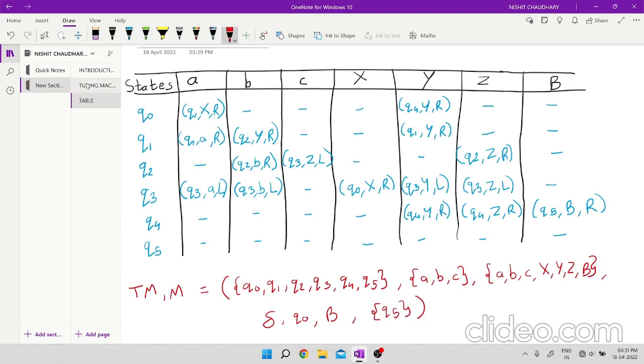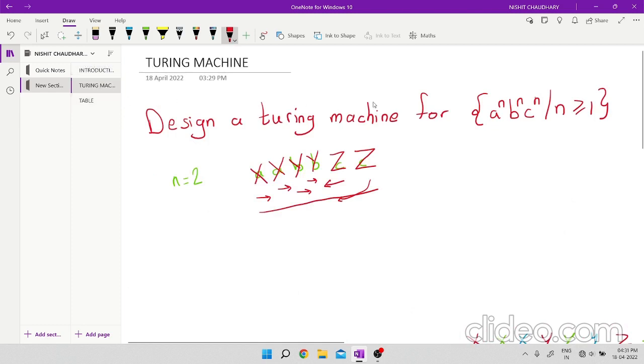So now that you have understood how to design a Turing machine for the language A power n, B power n, C power n, this process will stay similar for all different kinds of languages, and you will be able to design a Turing machine for A power n, B power n, A power n, B power 2. So you will be able to design Turing machine for